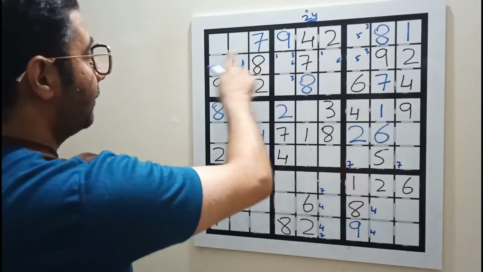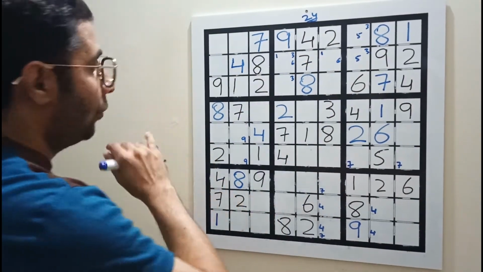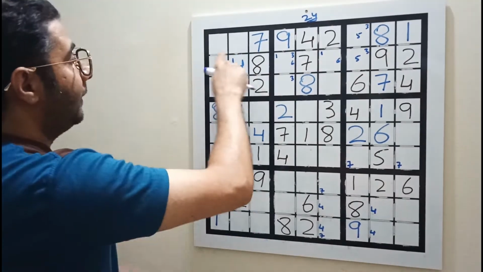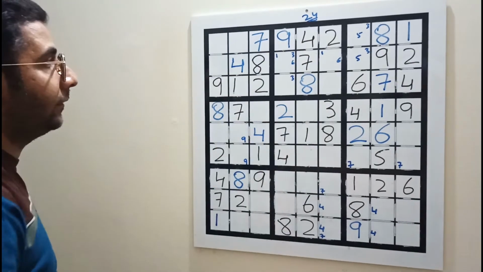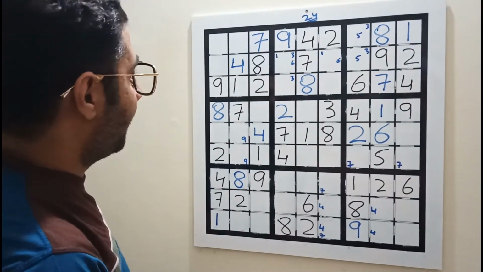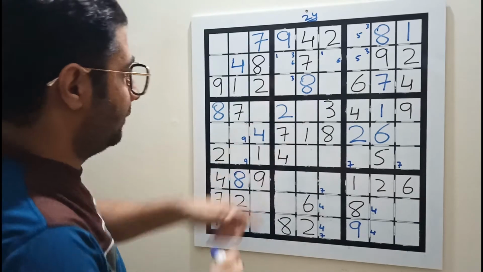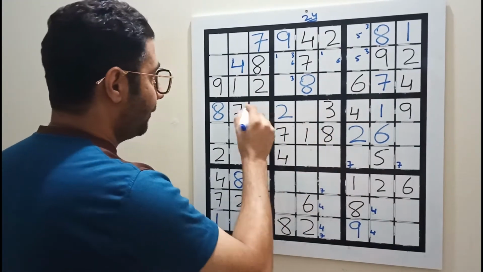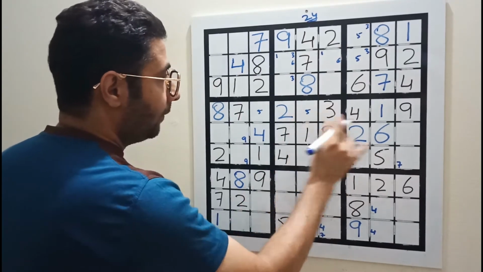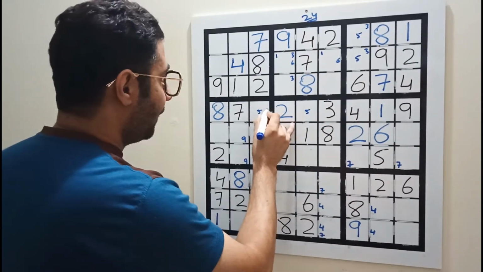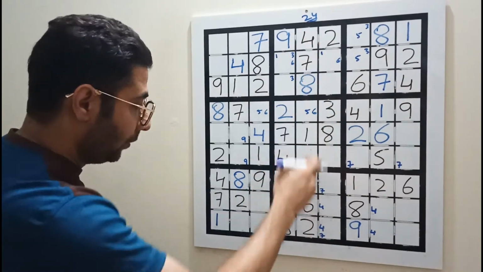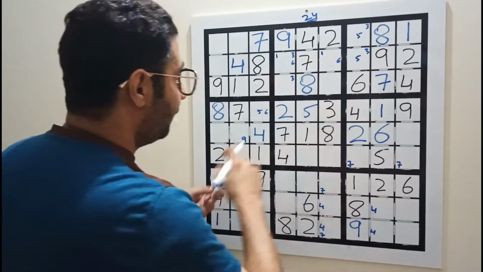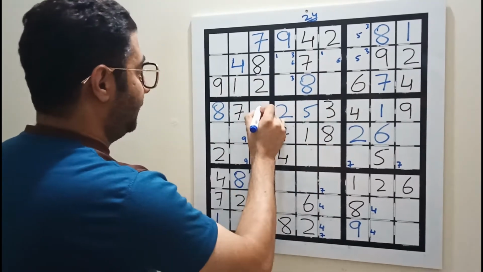Do we have 3 here? No. Do we have 5? Not yet. Okay. We got 2 left in this row. Let's see what are the numbers. 1, 2, 3, 4, 5, 7, 8, 9. 5, 6, 5, 6 are the matching pair. Do we have 6 here? We have 6. This becomes 5, then this becomes 6.